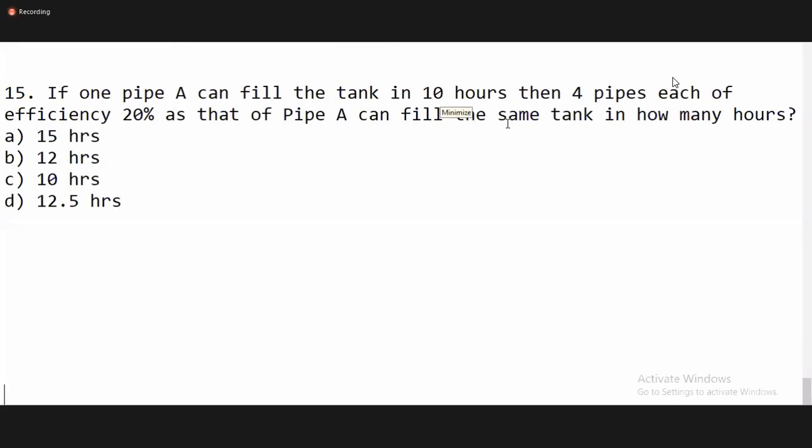Okay. Option verification. 12.5 is the correct answer. So, let's do it in a general way first. If one pipe A can fill the tank in 10 hours, okay, the time is what? 10 hours. Suppose A can fill the tank in